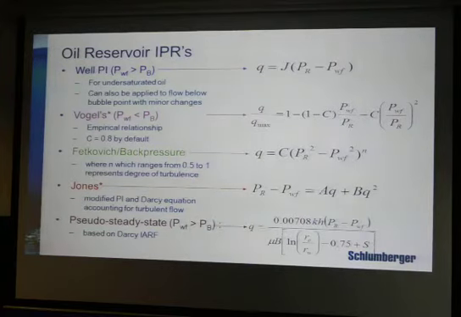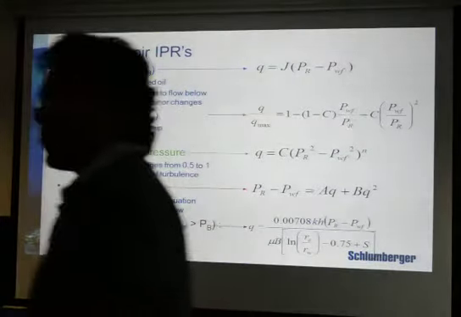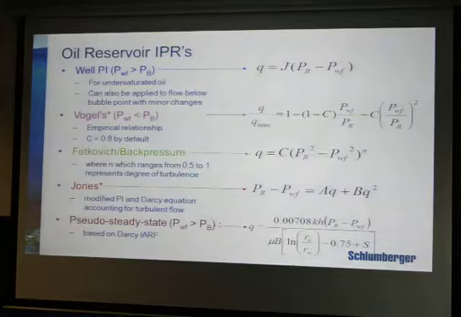Now Vogel was a scientist who used to study all of those data of pressure versus flow rate, and he tried to match those data to this equation. He couldn't find that the real data from the field was matching this equation. So he did lots of regression analysis of the data that he had, and he formed another equation like this. Now this equation is valid for two-phase flow.